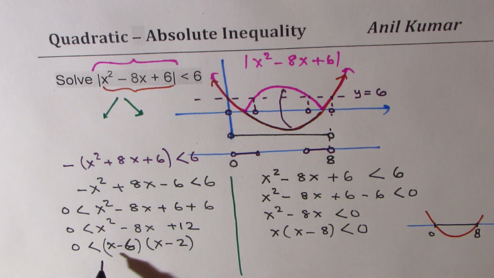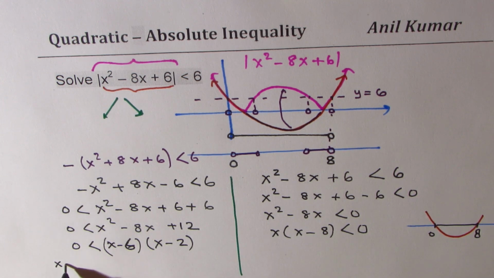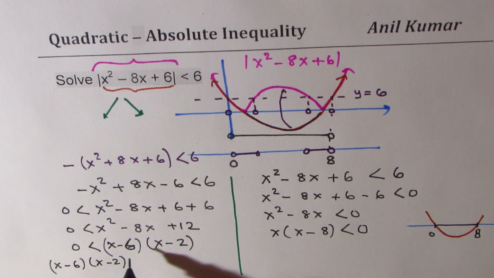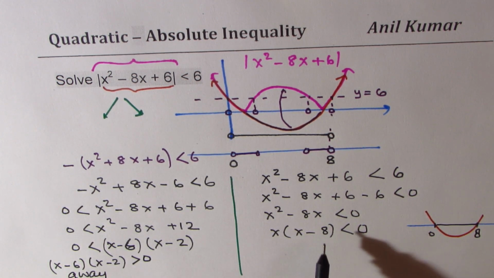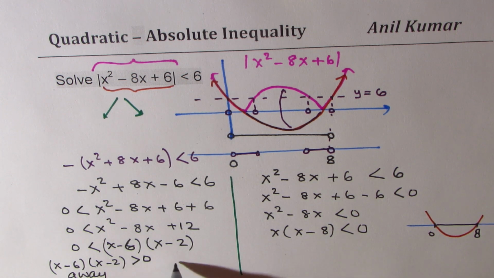basically, it means going away, right? Basically, we are saying x minus 6 times x minus 2 is greater than 0, right? So it's going away, not inside. Less than means inside. So in this case, if I sketch my parabola, then the solution which I get